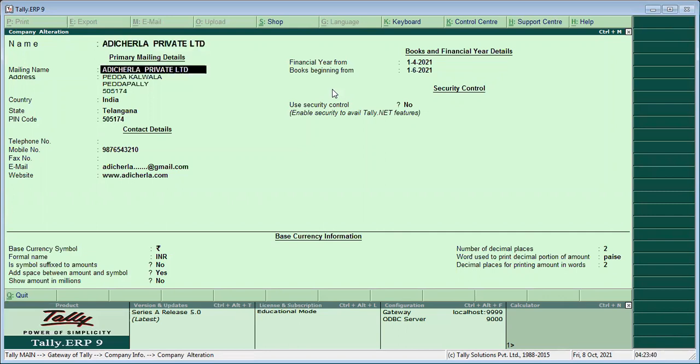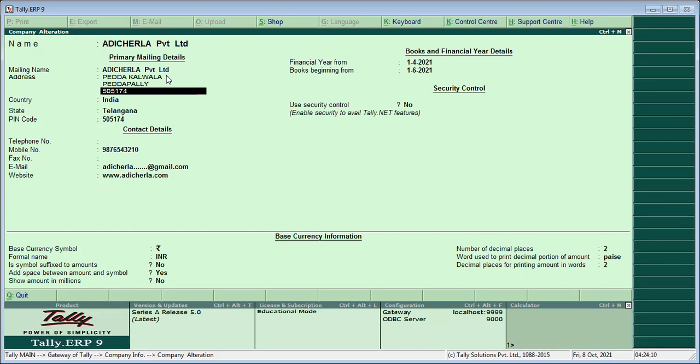So here I want to edit. Instead of Private, I am entering PVT Ltd. And also press down arrow.